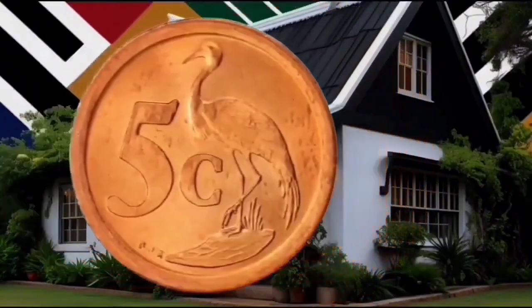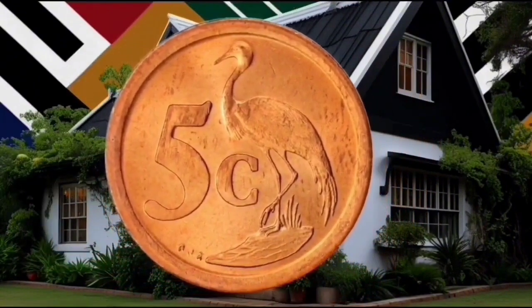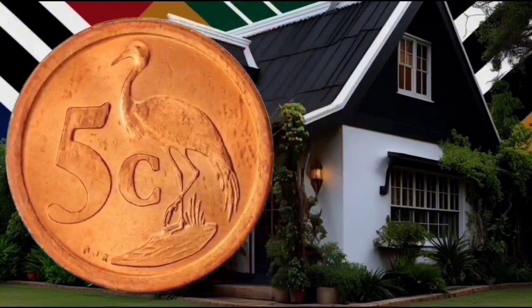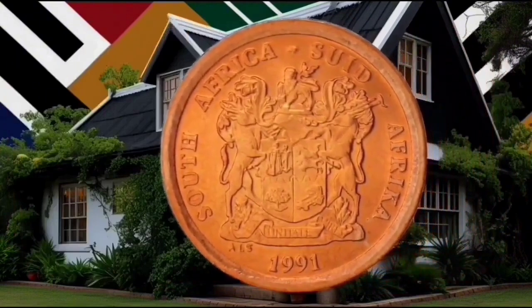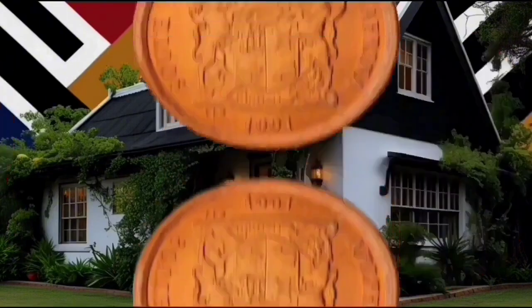This small but historically significant coin has recently captured the attention of collectors across the globe. We'll uncover its design, history, rarity, and most importantly, its value. The 5 cents coin, minted in 1991, is part of the South African decimal series introduced after the country moved